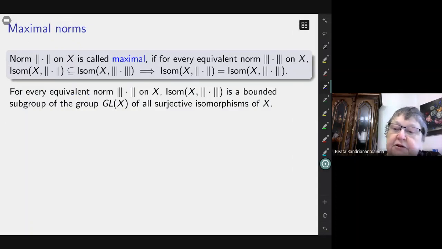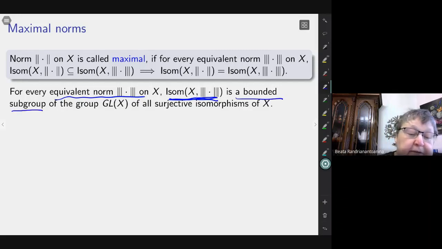So what I want to say over here very briefly is that when you have an equivalent norm, then you have the isometry group, and that isometry group is a bounded subgroup. What does it mean, bounded subgroup? Well, this is a group of all bounded surjective isomorphisms of X, and if I have a subgroup,